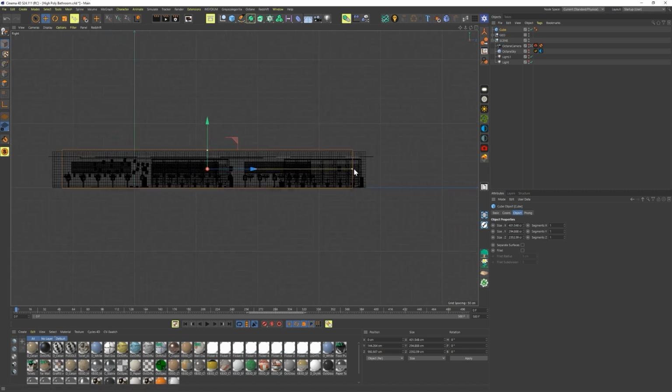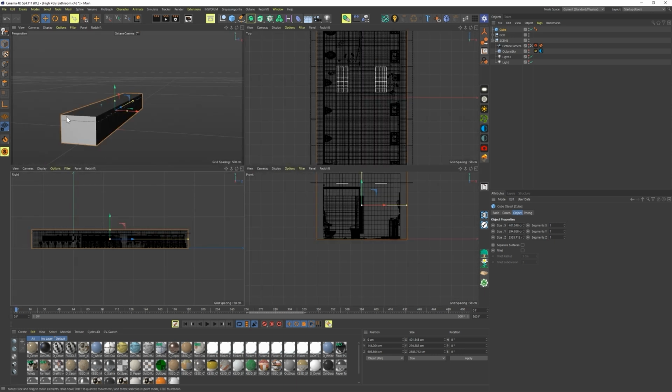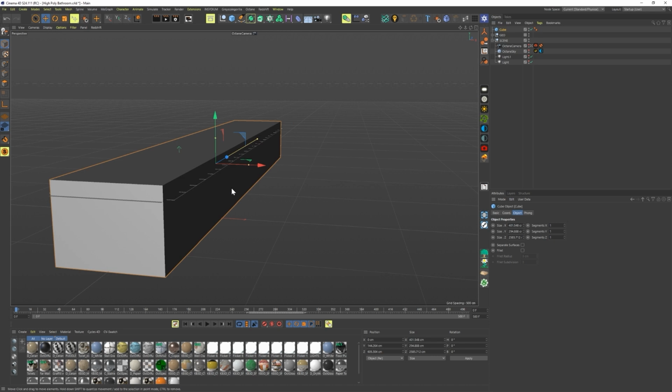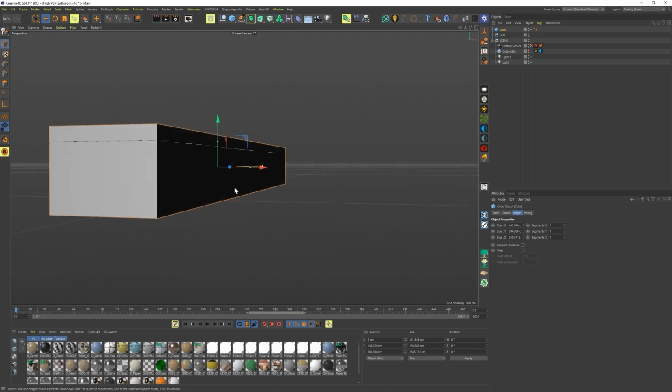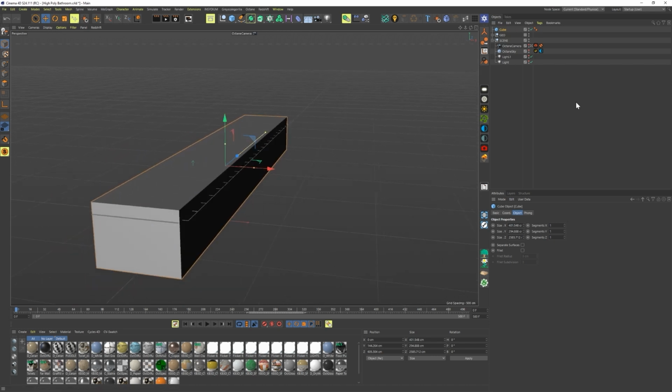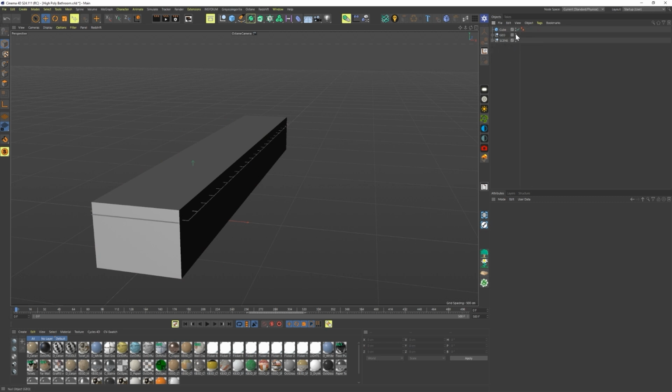line it up, and that looks pretty good. And some pieces are sticking out, but honestly that's totally fine. It just has to be roughly the right size. Okay, so I'm going to hide our high poly geometry, and we're going to call this low poly driver, and